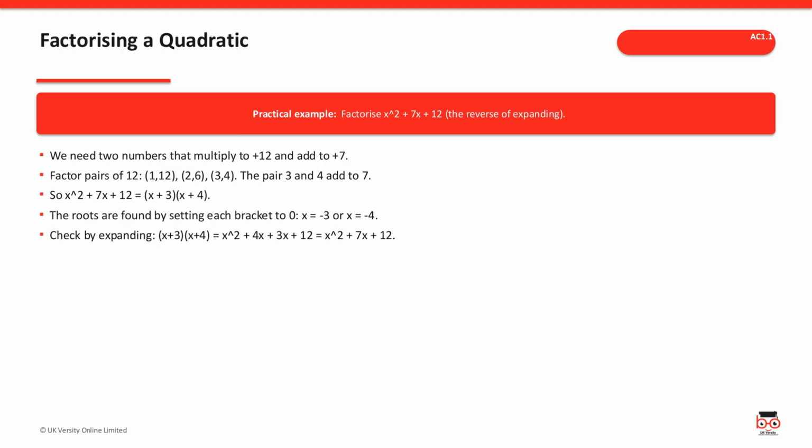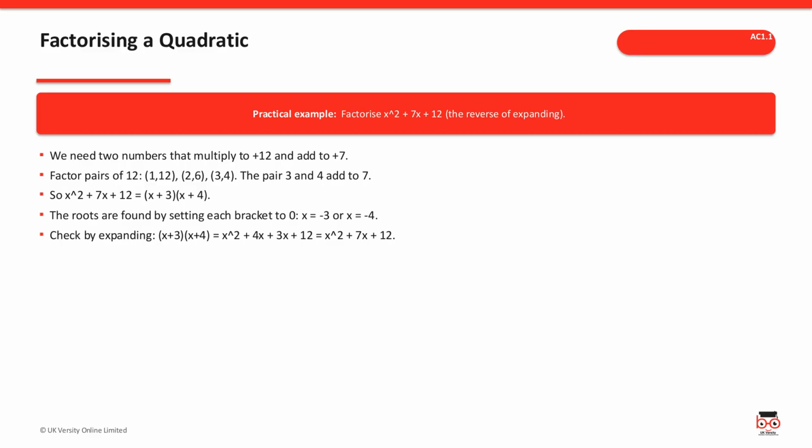Factorizing is just expanding in reverse, and it's how we find the roots. Take x squared plus 7x plus 12. We need 2 numbers that multiply to 12 and add to 7. Running through the factor pairs of 12, 3 and 4 fit the bill, so it factorizes to x plus 3 times x plus 4. Setting each bracket to 0 then gives the roots x equals minus 3 or x equals